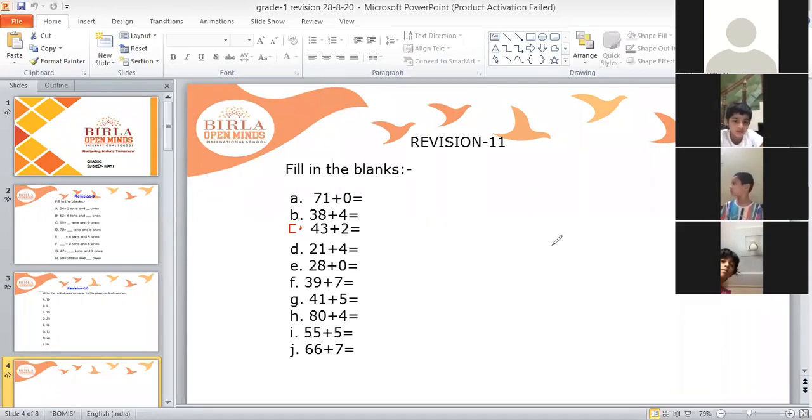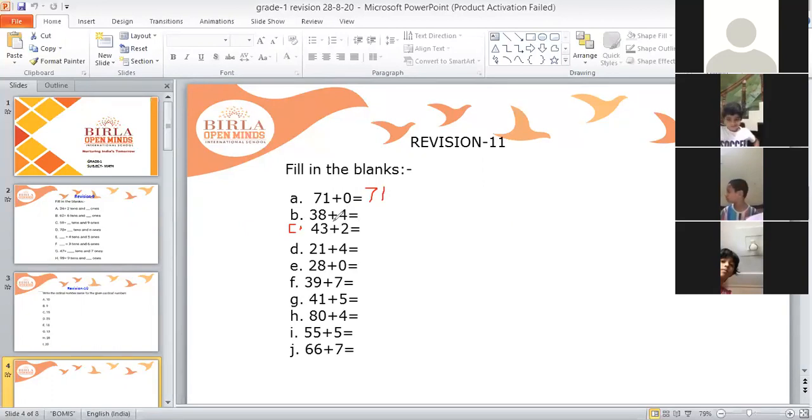17 plus 0. 17. Answer is 17. See, 71, ma'am. Yeah, 71 plus 0. Then what is the answer? 71, ma'am. Very good. See, children, always listen. Remember this thing that whenever you are adding 0 to any number, that number will not change. So if you add 0 with any number, you will get that number itself. So 71 plus 0 equal to 71. We'll get that same number back.